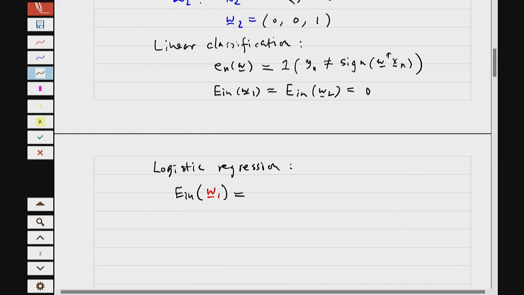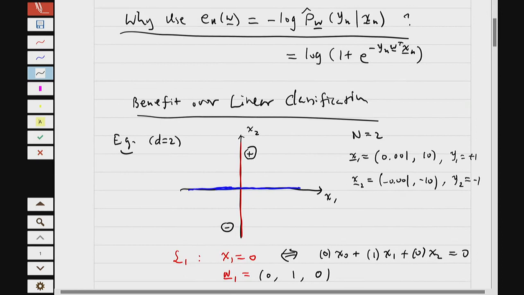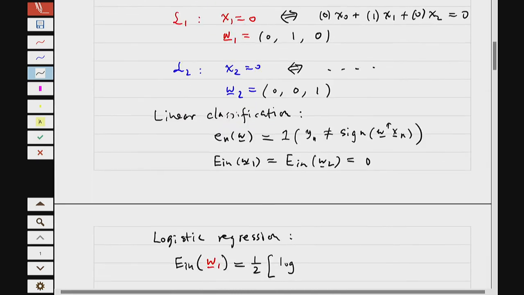Remember W1, W2 represent the two different lines. So the first one, E_in, is the log loss, the half average loss. So there's a half of the log, and we only have 2 points, 2 exams, n equals 1, n equals 2. So substitute in there